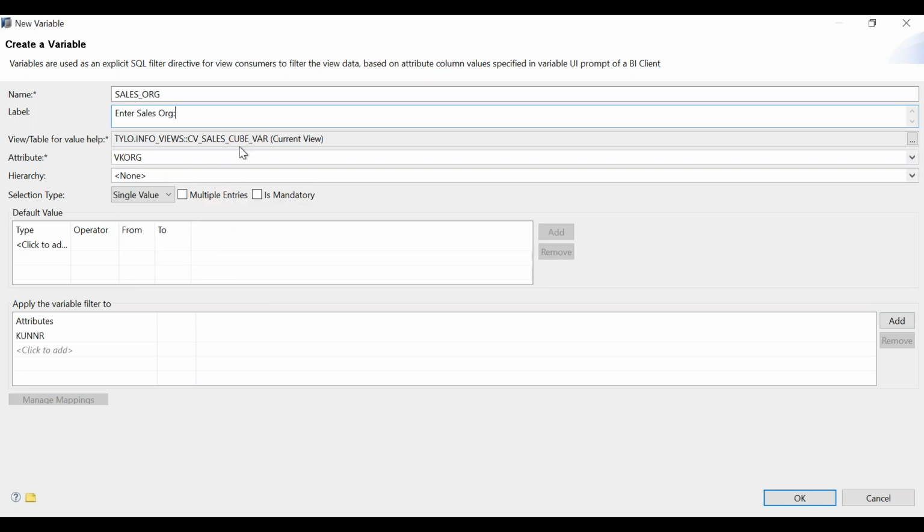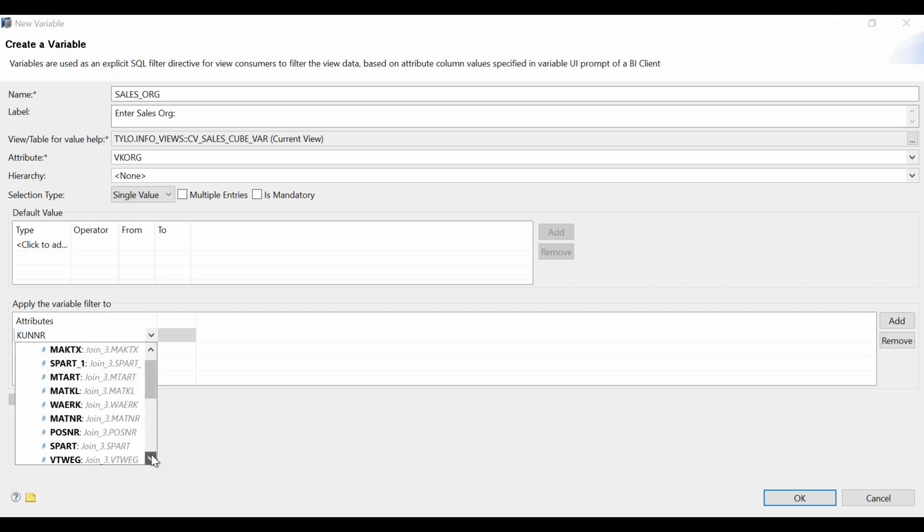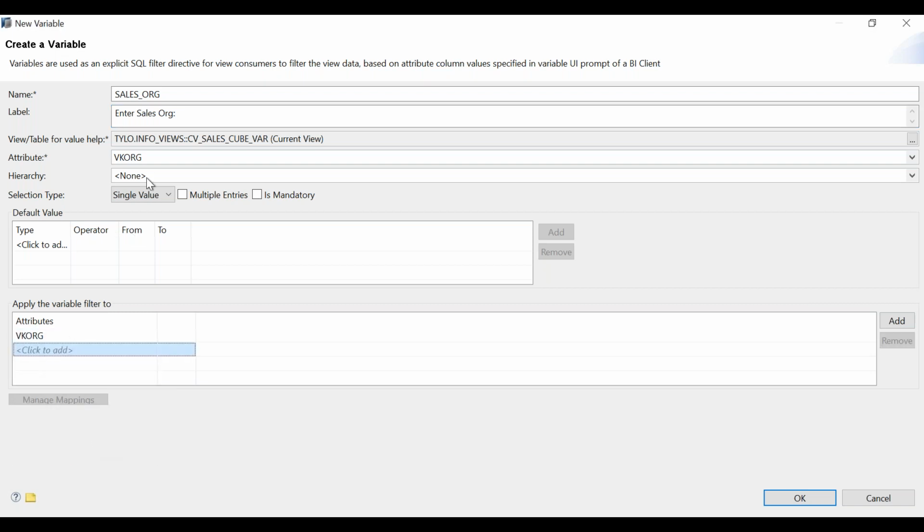You have given the attribute name where you want to filter. Now it is saying, apply the variable filter to which variable? The variable filter is again VQORG. So just remember that these two will remain common: the attribute and the filter will remain the same in both.